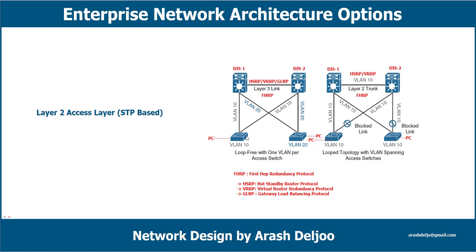But if your access layer switch supports multilayer switching, here we have other options. In this design, as you can see, the access layer switch supports only layer 2 switching. Because of that, we need to use layer 2 links. For designing layer 2 links, we have two options, loop free and loop topology. Now, let me explain the next condition that maybe we have in the access layer. We call it layer 3